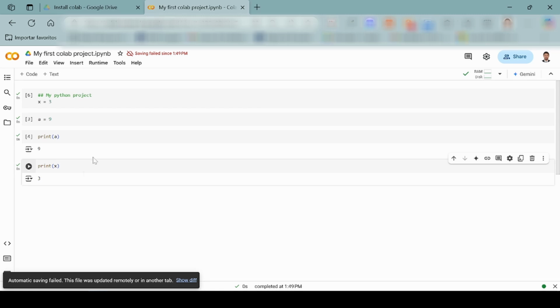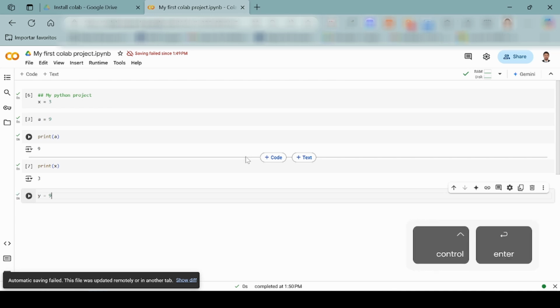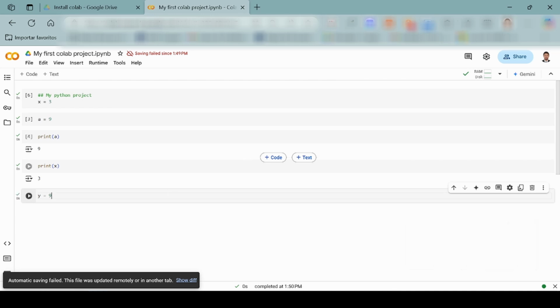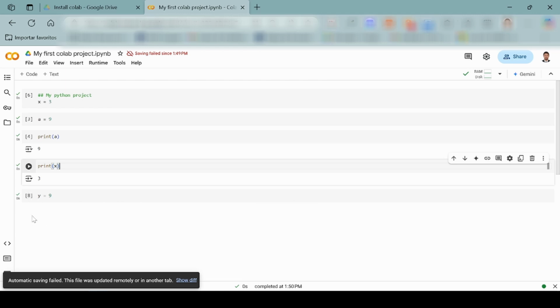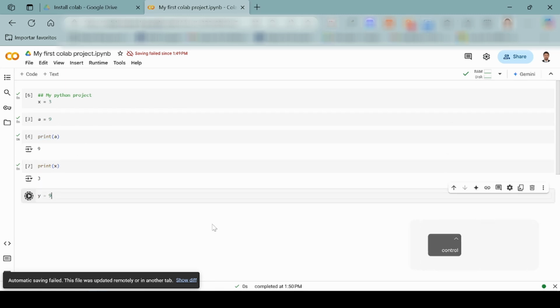Second tip, to execute a cell faster, you can press Ctrl Enter. That will save you a lot of time. The cell has been executed. If you see here between brackets, this is the 8th cell that I executed. This is cell number 3, this is cell number 4, 6, this is the 7, and this is the 8. And now, the 9.